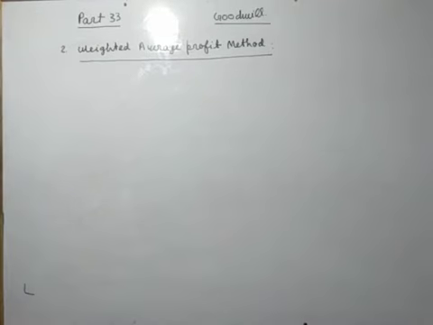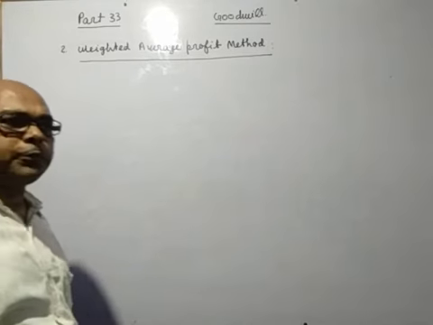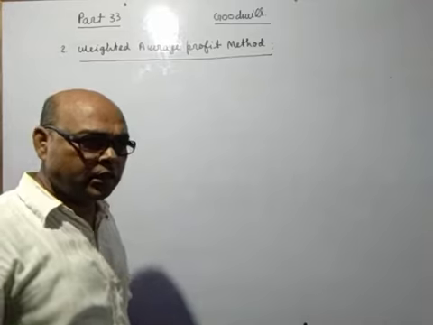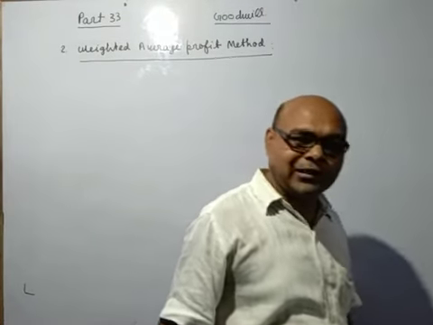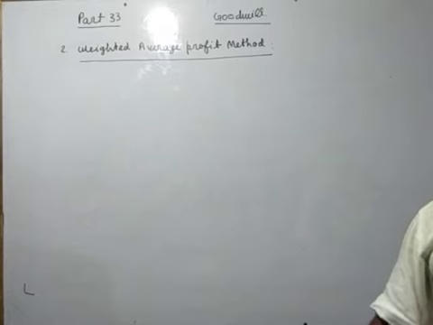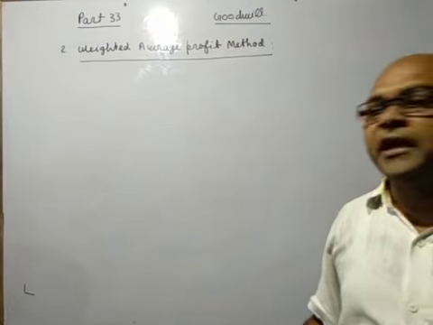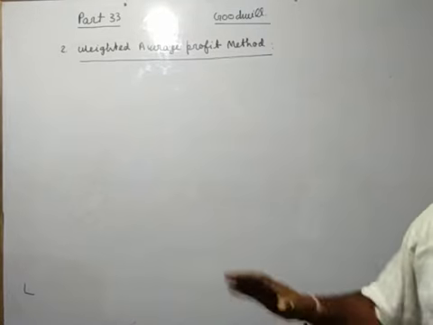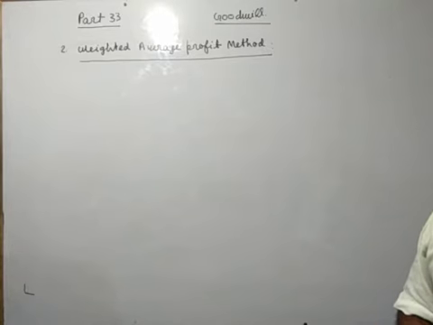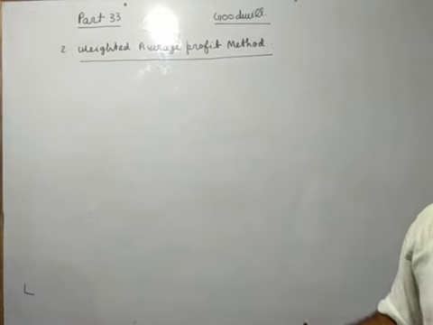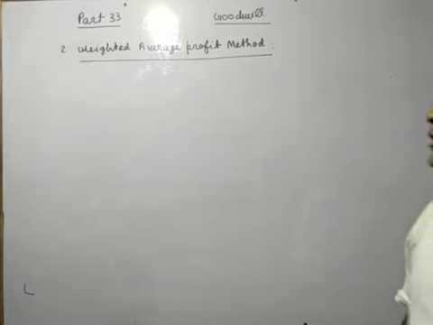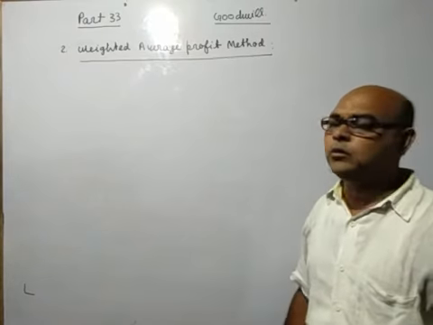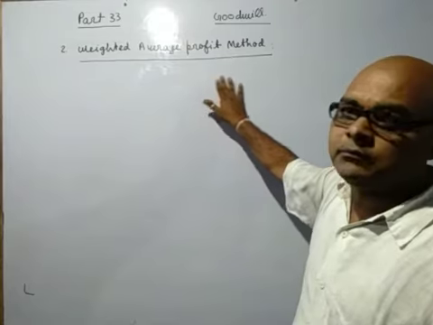Now, when the firm continues earning profit in increasing order or decreasing order, or bearing the loss in increasing order or decreasing order, if there is a particular trend, either increase or decrease, where it is not mentioned in which ratio, but it is some increasing or decreasing order, in that case it is better to calculate the goodwill by the weighted average profit method.